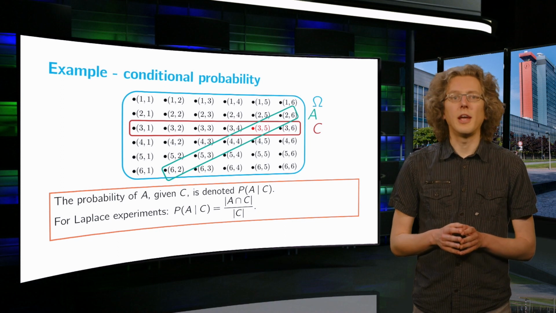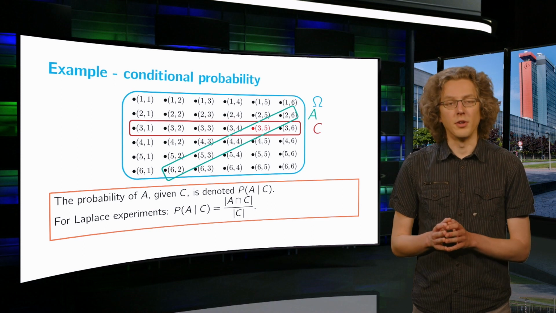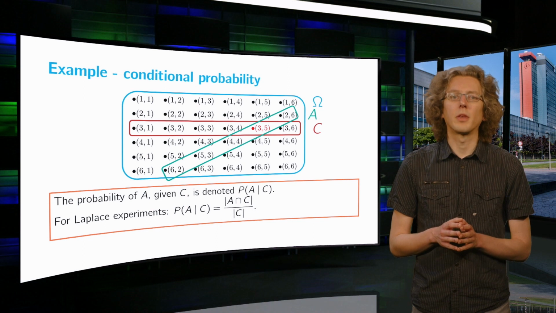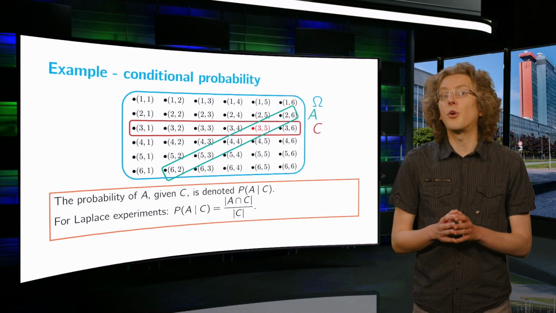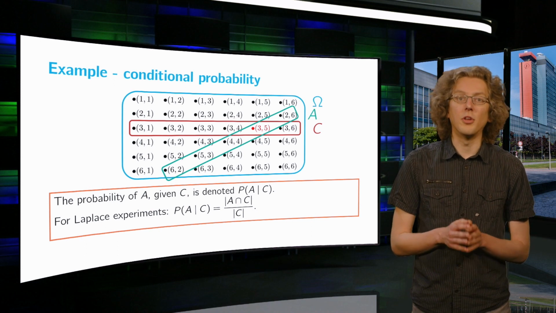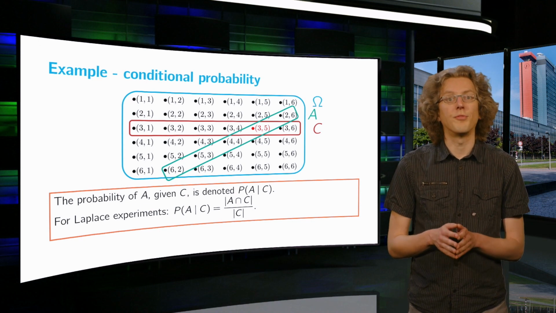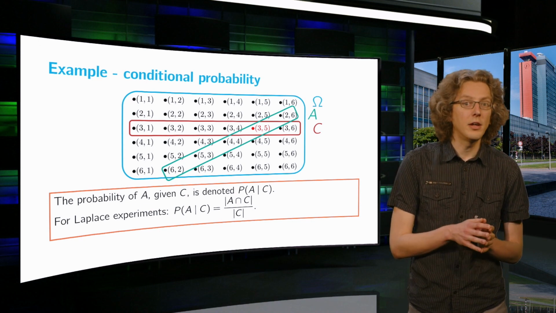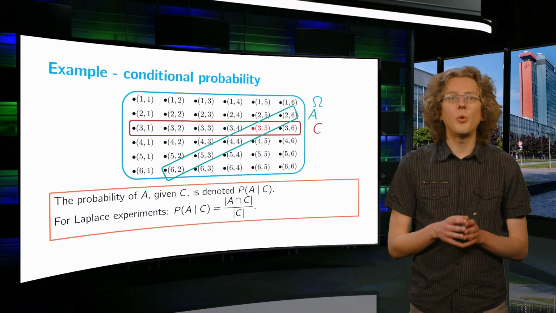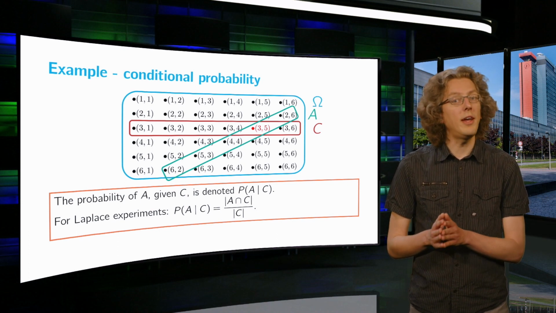Speaking more broadly, in Laplace experiments, we can think of a conditional probability as a fraction of the number of outcomes, exactly as we did in the general case. Since we assume that the event C has already taken place, the number of all possible outcomes is restricted to the number of outcomes in the event C. Whereas we have to reduce the number of possible outcomes in our event A by all outcomes that are not also contained in C. We write this probability with a vertical line and we read it as the probability of A given C.